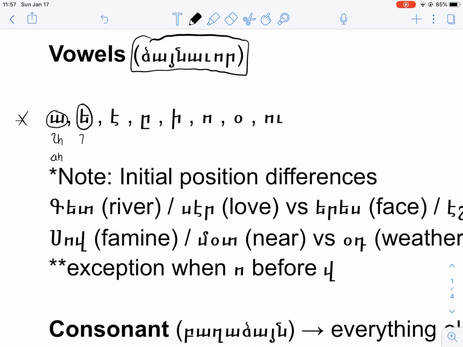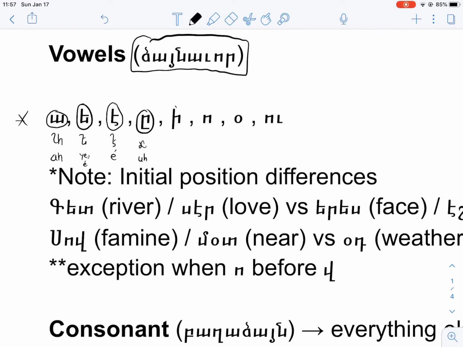written as this, the capital letter. You just add that little hook, pronounced as ye or e. We have e, written like that with the hook, pronounced always as e. We have ut, written as that, pronounced as